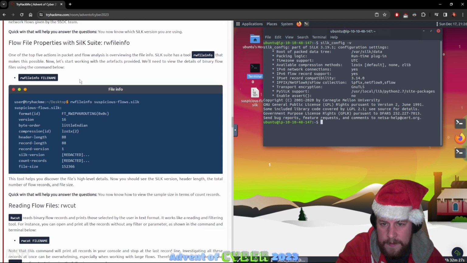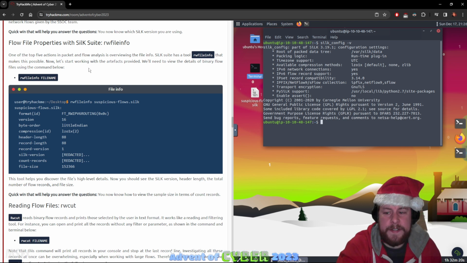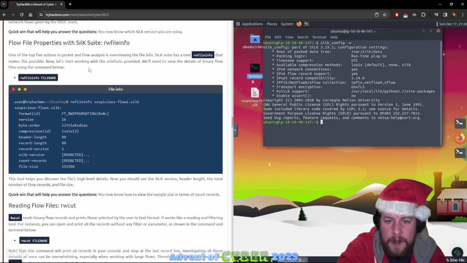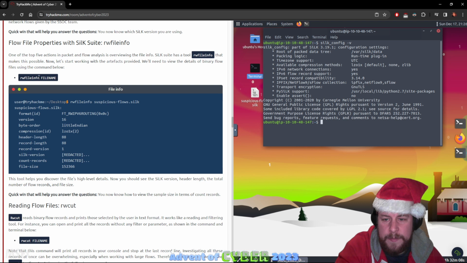Cool. Right, so flow file properties with Silk Suite. rwfileinfo. One of the top 5 actions in packet and flow analysis is overviewing the file info. Silk Suite has a tool, rwfileinfo, that makes this possible. Now let's start working with the artifacts provided. We'll need to view the details of binary flow files using the command below. So, rwfileinfo